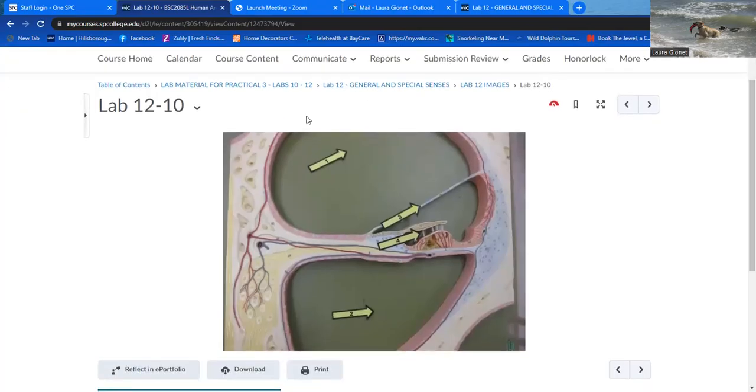Okay, if we unrolled the cochlea, these are these 3 scala tube systems that we can see. And when you roll it up, it's kind of like a jelly roll. You just roll it up. So on the top here, we have the scala vestibuli. 2 is the scala tympani. And the cochlear duct, or what used to be referred to as the scala media, because it's in the middle, would be between number 3 and